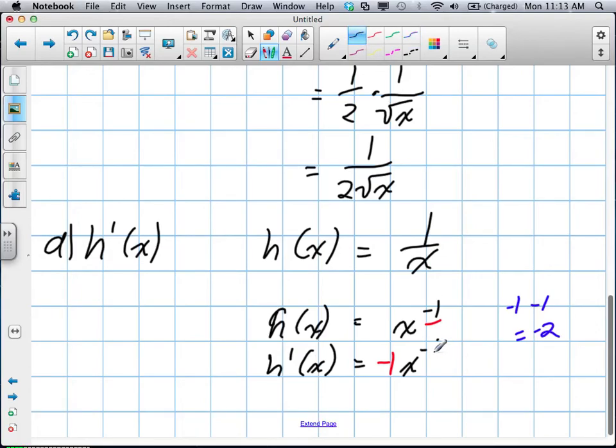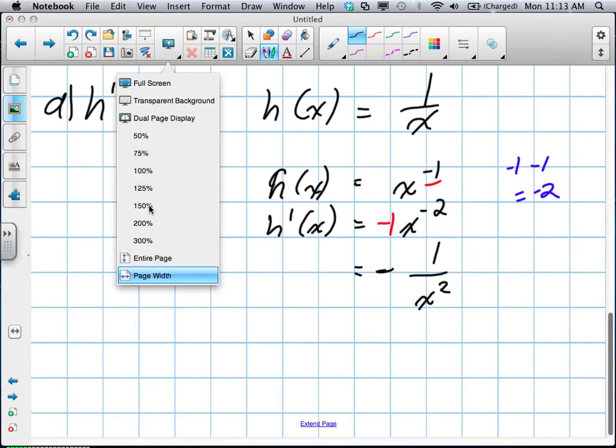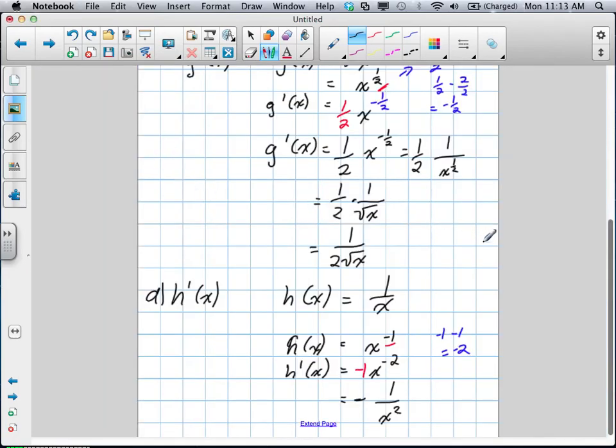So our exponent is now negative 2. And say they only want it written as positive exponents. Well, this becomes negative 1 over x squared as your derivative. Okay? So that was your power rule and your constant rule all in